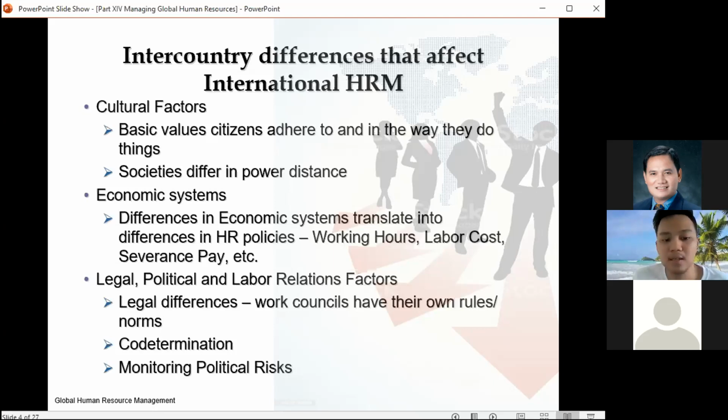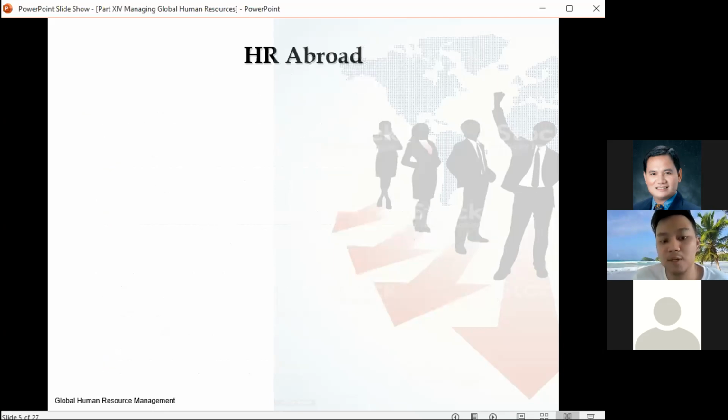Now, managing globally requires monitoring political risks, and political risks are governmental actions or politically motivated events that could adversely affect